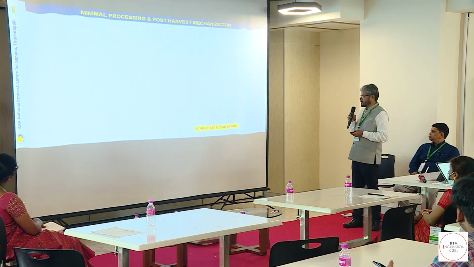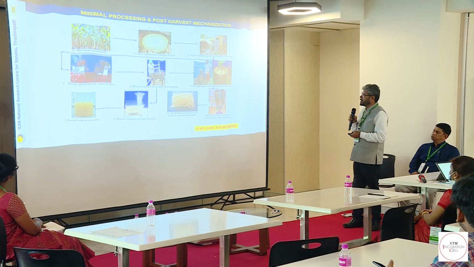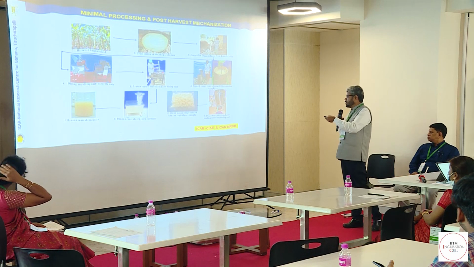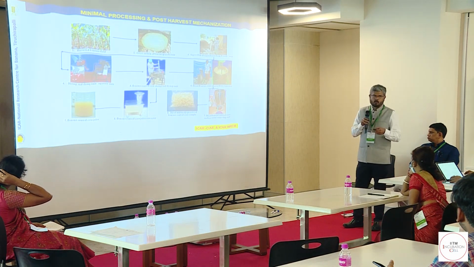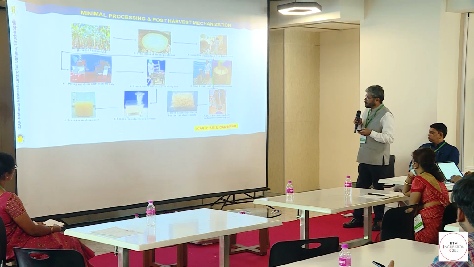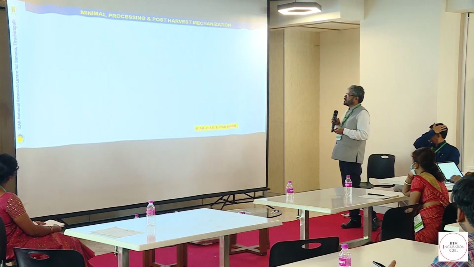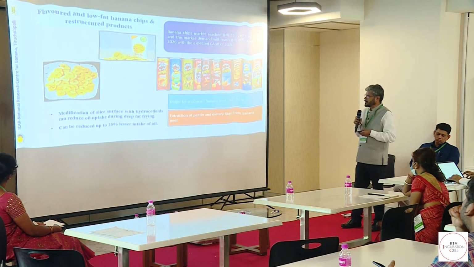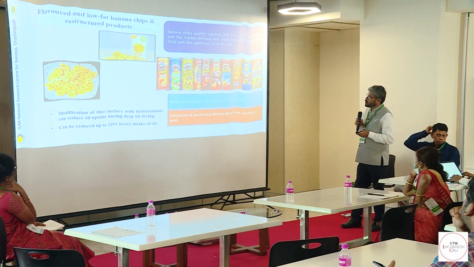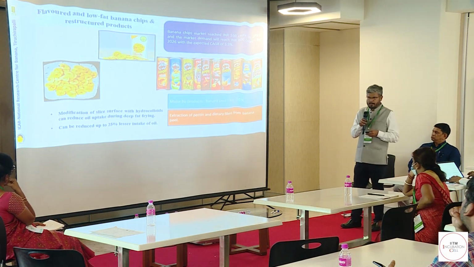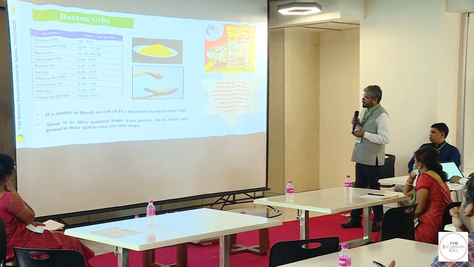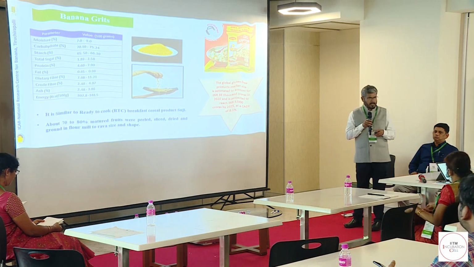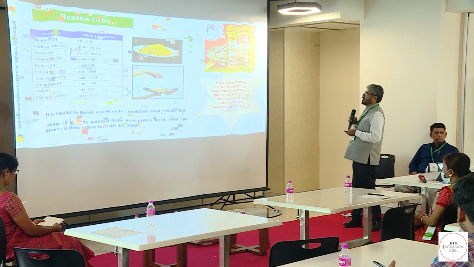Then coming to minimal processing, I think someone was telling that minimal processing is very important, and we have developed a technology for central core stem and central core juice. This diced central core stem could be used directly for cooking. Then chips. This is quite a big industry, around 550 crore worth. And we have come out with low-fat banana chips and banana grits. This is for making upma. So different types of grits could be made, and that's a good one.